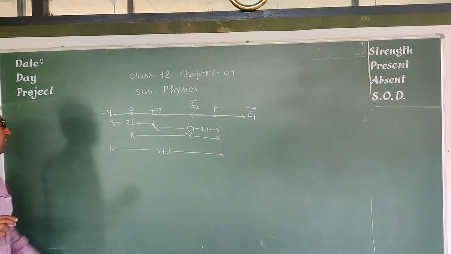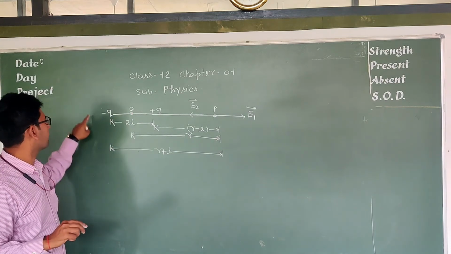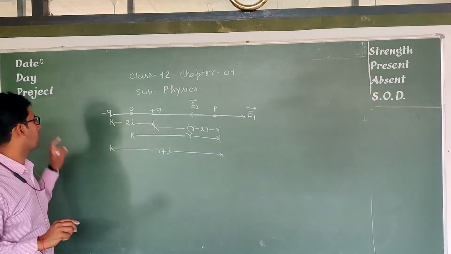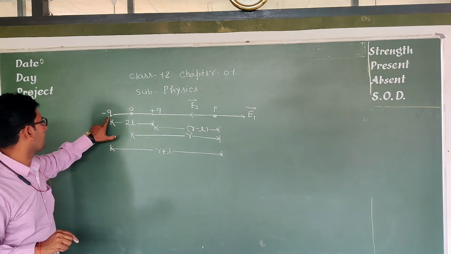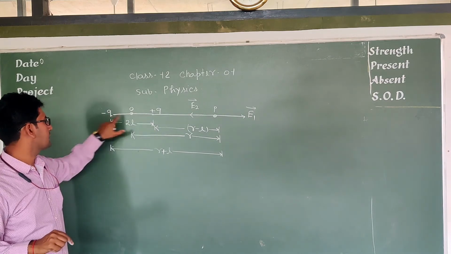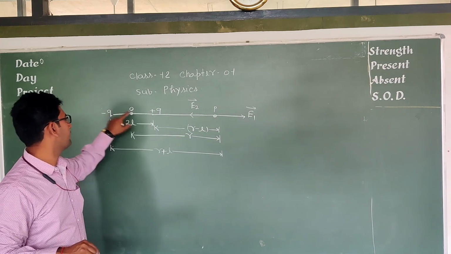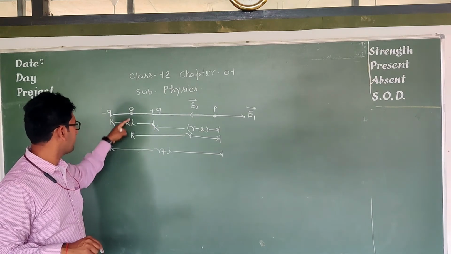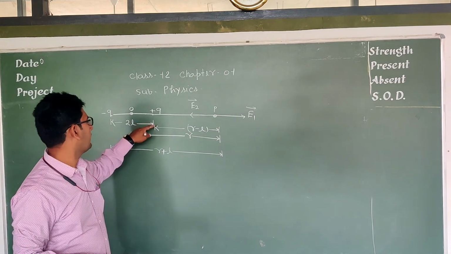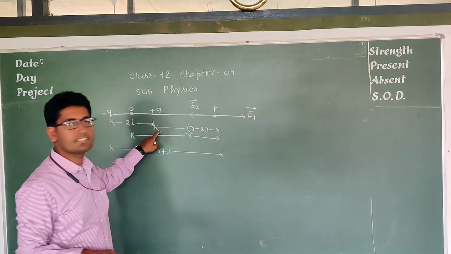These are the figure, and the charge put on any medium or permittivity of free space. Okay, so this is the figure. Again, it is an electric dipole with minus Q and plus Q, and the distance between the charges is 2L, and the center of the dipole is O, and the distance between the point O and point P is R.